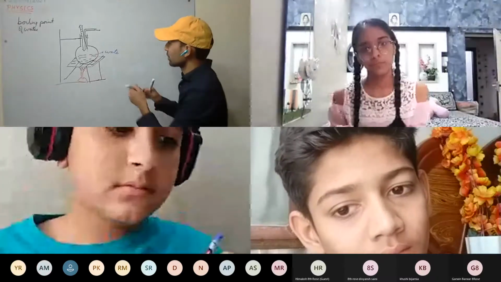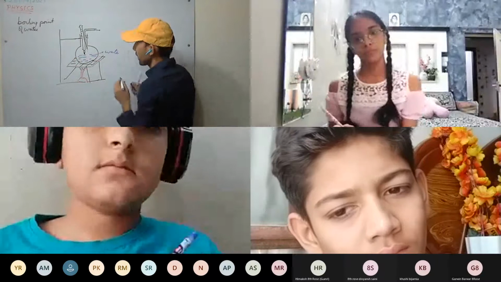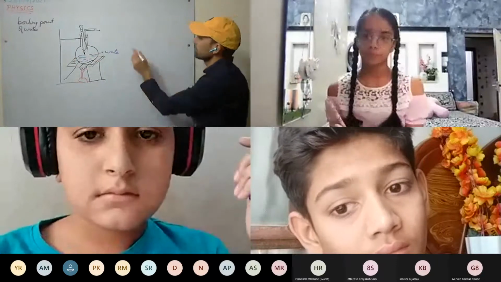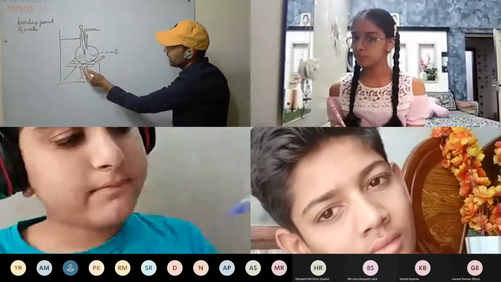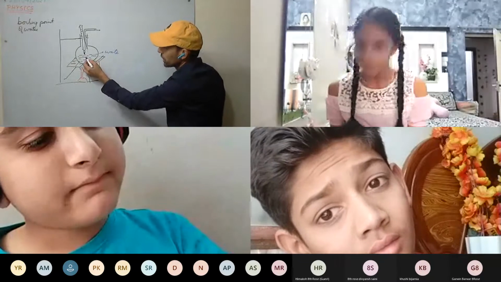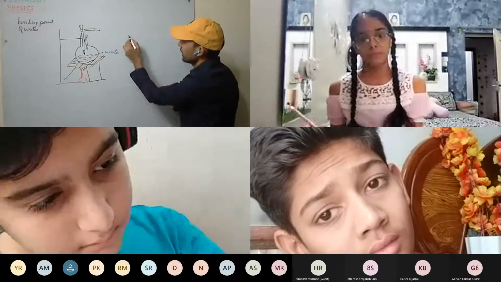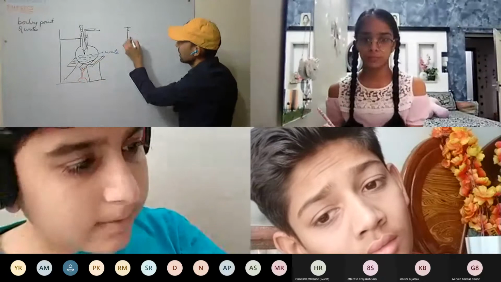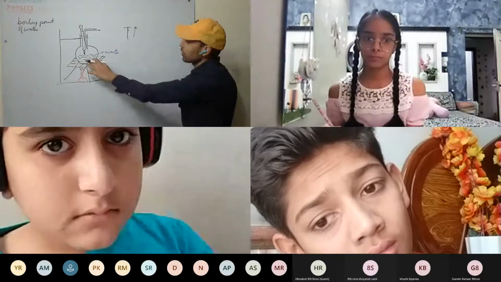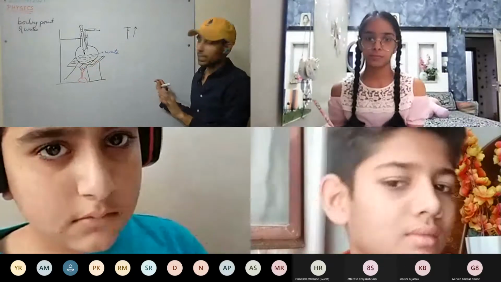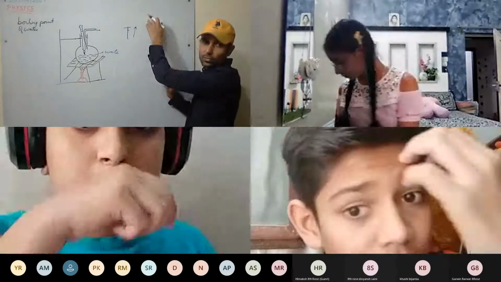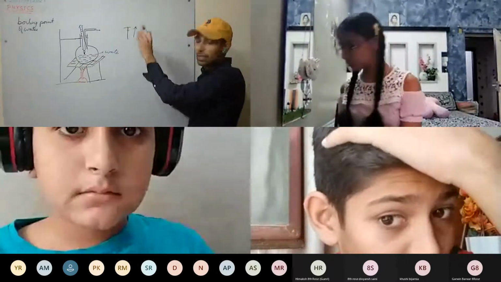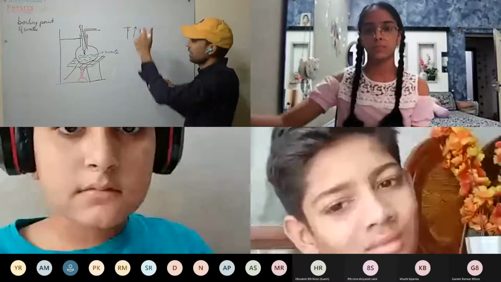Now see here, this is touching water. See what we did. We started to boil the water. We started the Bunsen burner and heat started to get transferred to water. So what we initially see is that the temperature is increasing. For example, water at normal is about 36 degrees Celsius, and the temperature keeps increasing: 36, 37, 40, 45, 90. It is continuously increasing.